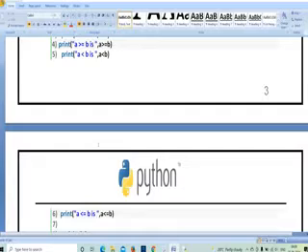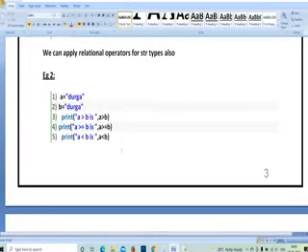So here you can perform comparison operations even for a string. Here I have taken A is equal to Durga, B is equal to Durga. How many characters in A am I having? I am having 5 characters in A. And how many characters in B? In B I am having 5 characters. So if I check an operation called A greater than B, it is going to check how many characters are there in A and how many characters are there in B. If the characters are equal, I am going to get true. If the characters are not equal, I am not going to get true.